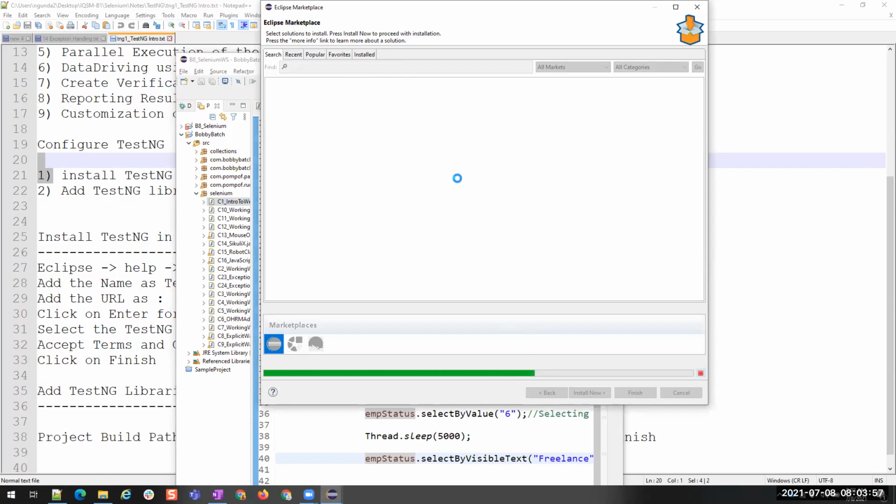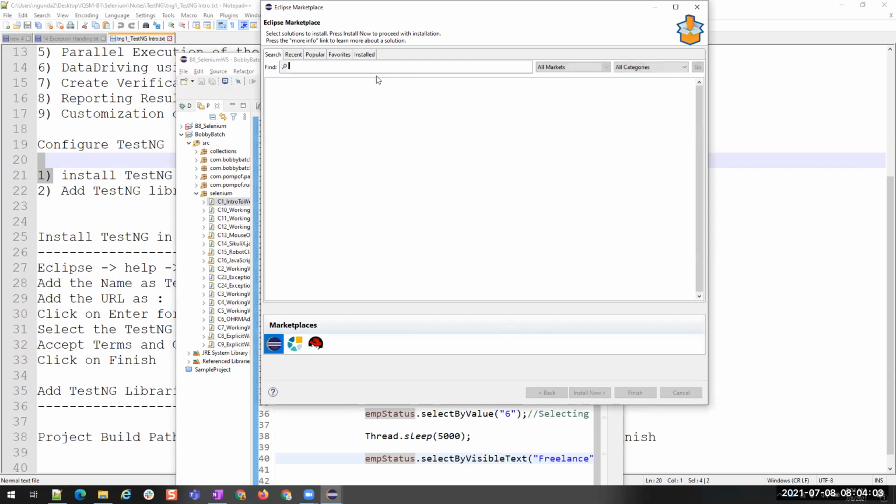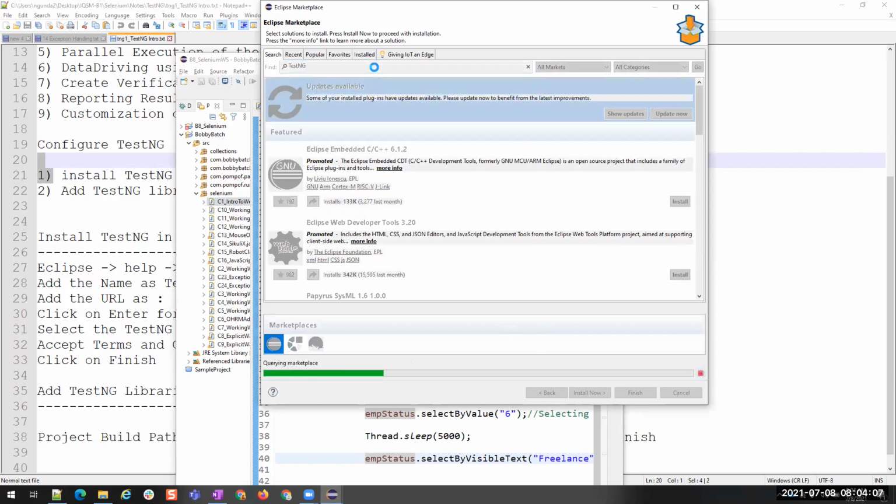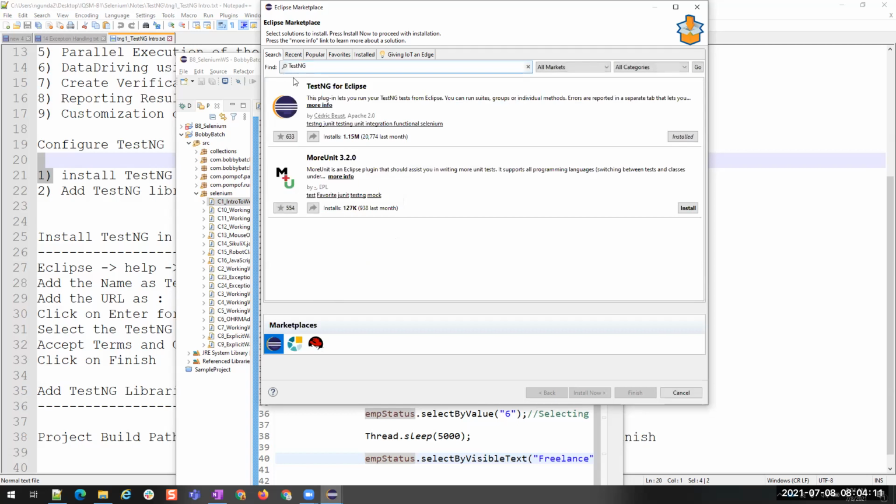This is loading. Once the marketplace is loaded, you will see all the software which you can install in your Eclipse. You can just search for TestNG. You will see an application. You see this, TestNG for Eclipse. Since this is already installed in my machine, if it is not installed, you will see a button like this, install.